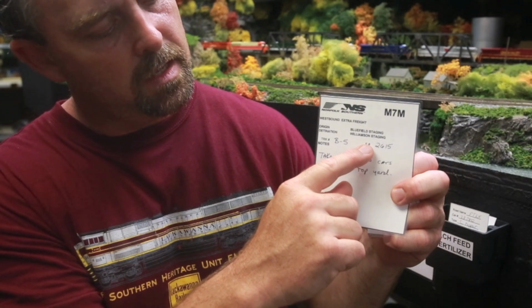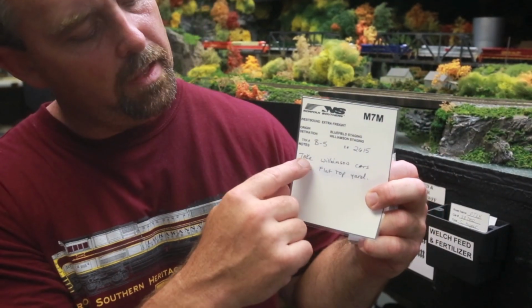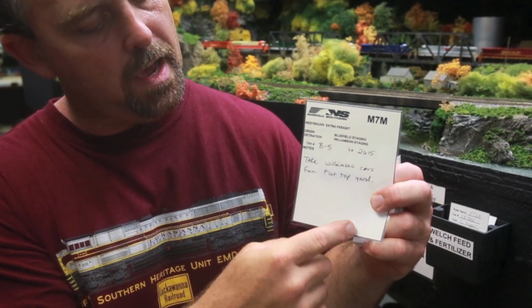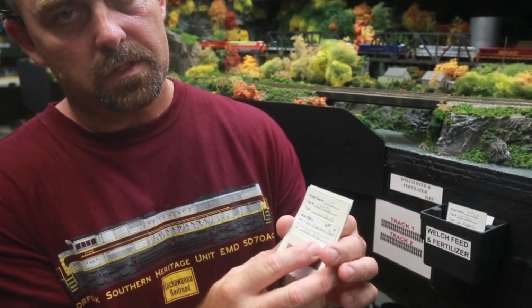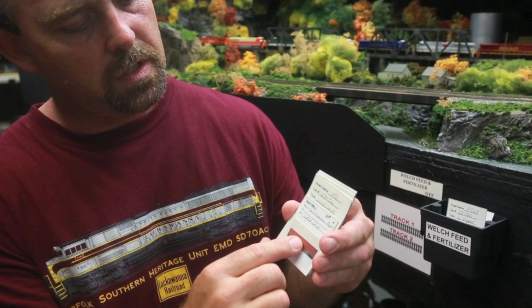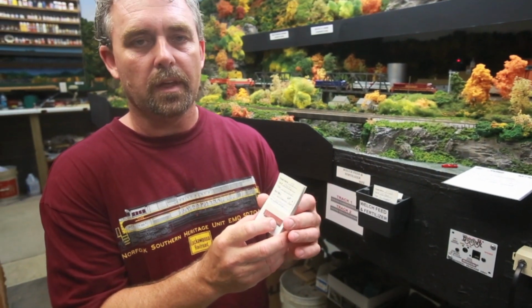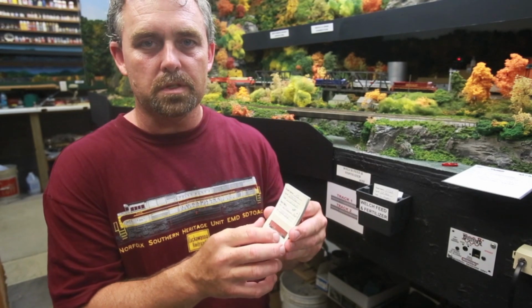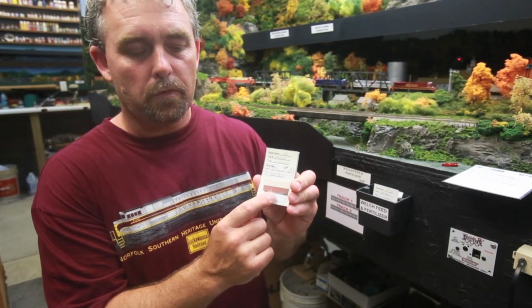I got the front engine, which is the top engine on your DCC, and then under here it has notes if you have any notes of what you do on the layout, or if you're just going from staging yard to staging yard. And the locals have these car cards, which I found out that I used to use stickers on top of cards, which a lot of people didn't like. I don't like it. It's very unrealistic. But some people use it to serve their purpose, but I like the car cards,